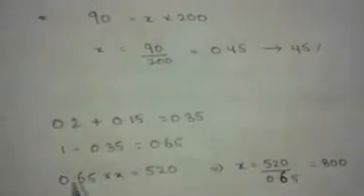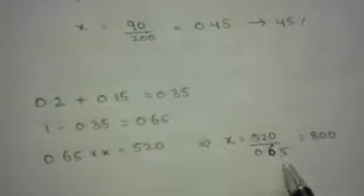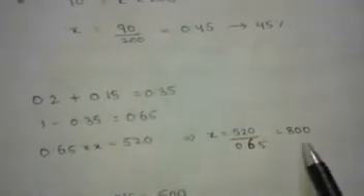Okay, so 0.35. When you subtract 0.35 from 1, you will be getting 0.65. So what he gave in the question is, he was left with 520 cards, which means 0.65 of a particular number is equal to 520. We have to find that x in order to get the number of cards that Charlie had. So how can we get it? Simple. You just send 0.65 to the other side. You will be getting x is equal to 520 by 0.65, that is 800. That's it. Now let us have a look at another example.